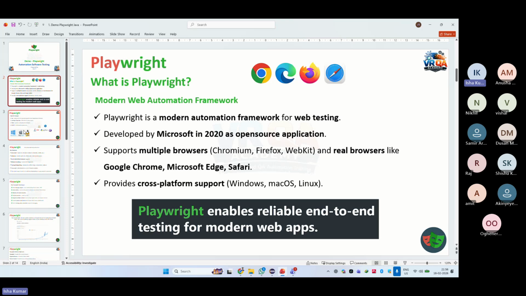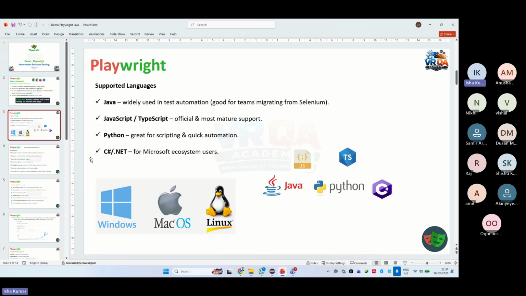Okay. So first thing is it is created by Microsoft, and it is open source, and it supports multiple browsers and it is cross-platform, and it supports these four languages. Java is widely used in tools because most of the companies are migrating from Selenium. They already have the Selenium framework, and those frameworks are being migrated to Playwright. So that's the reason Java has been widely used, and in a few companies who are ready to pay for